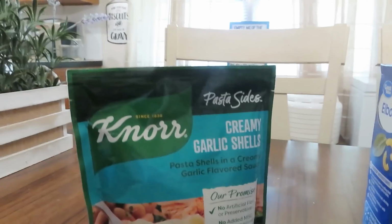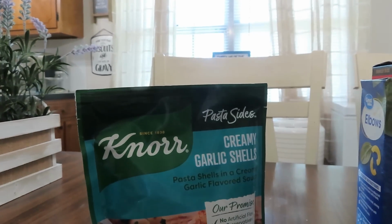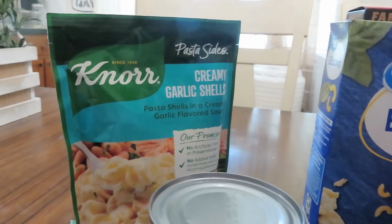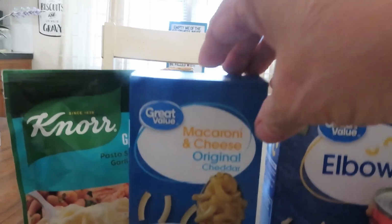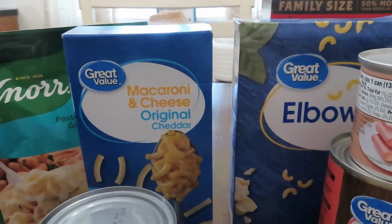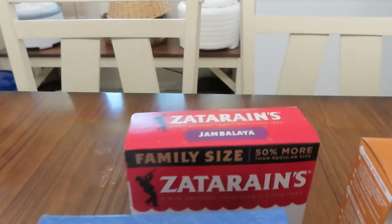I got another pack of these pasta sides, Knorr pasta sides. This is the creamy garlic. Yummy. Those are good. I did pick up one more box of the Great Value macaroni and cheese. In the back here,